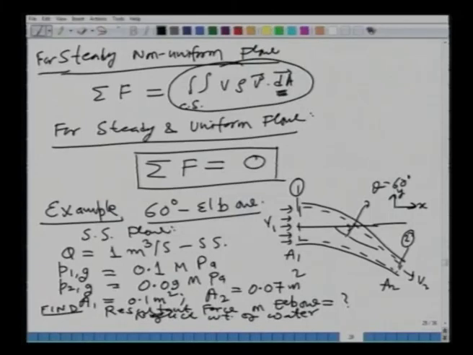All this analysis is important to design all these fittings, so that they are able to withstand the force that will be acting on them in the real life situation. So, what I have drawn here is the control volume. We will apply our steady state momentum equation to this control volume and find out what are the forces which will be acting on this in the x and y directions. Remember, the momentum is a vector quantity. So, we will write the x direction momentum and y direction momentum equation.